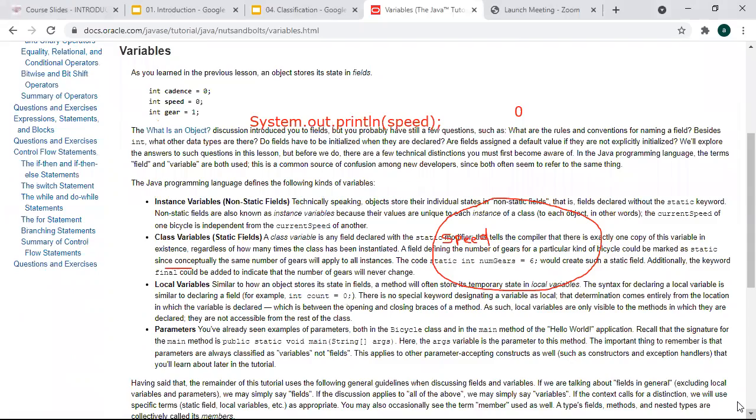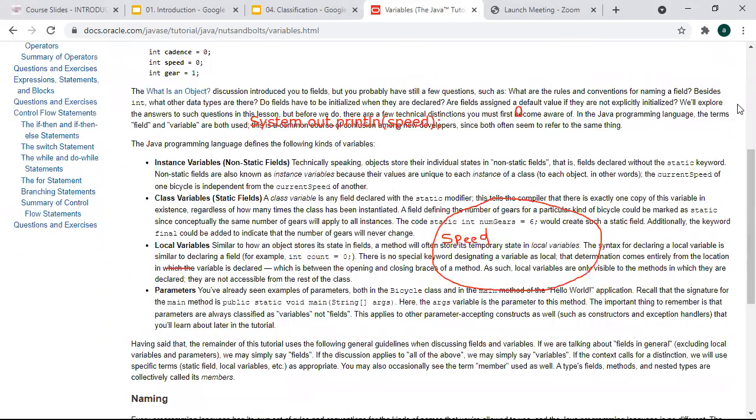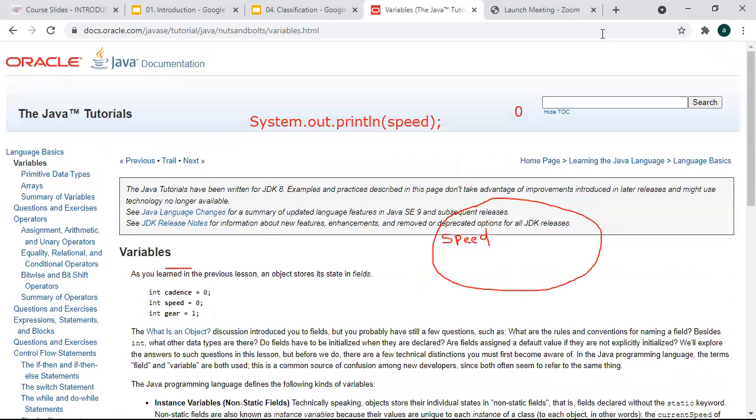Similarly, there are other kinds of variables as well. Let me show you those, but before coming to this, how are you going to search for advanced environment variable on your screen? One minute.